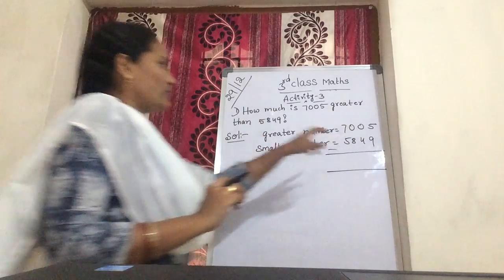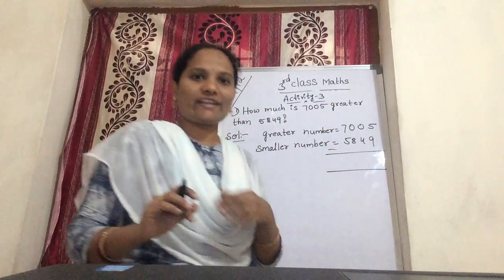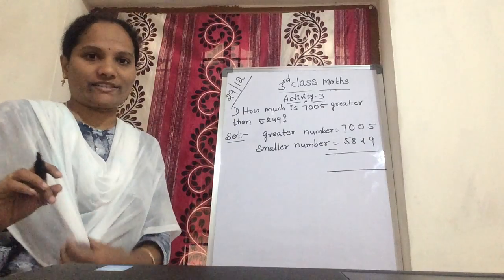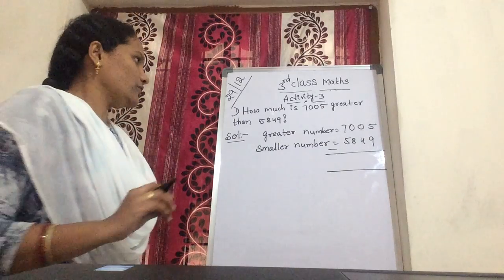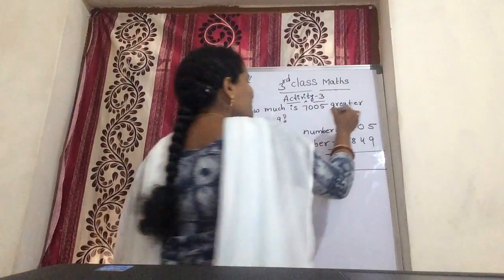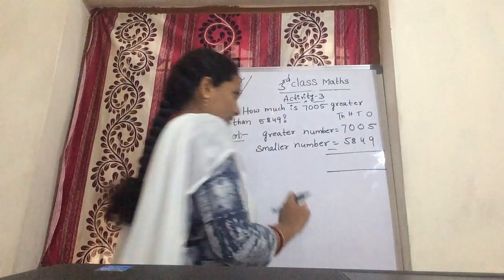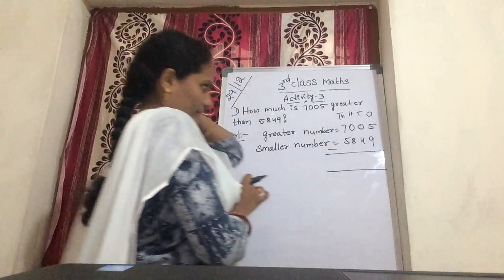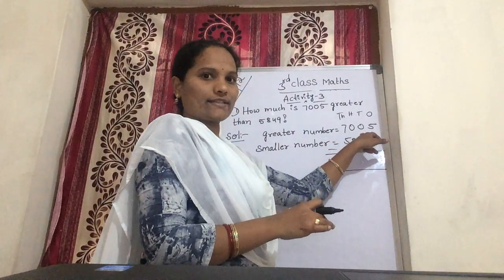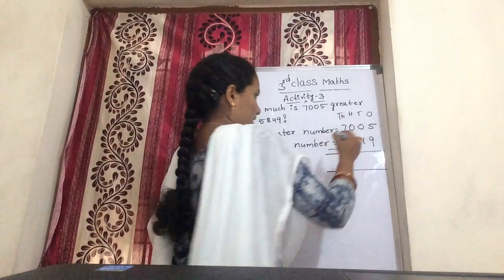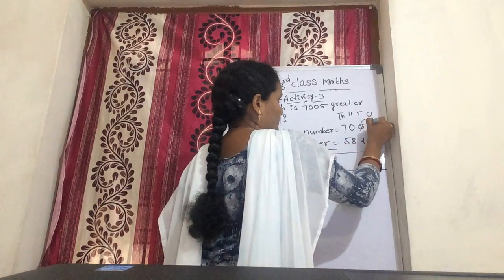So now 5 minus 9. 5 is the small number, 9 is the big number. Is that possible? Subtraction? No. So you are borrowing from thousands, hundreds, tens and ones. Yes? From tens. Now in tens, you are borrowing from.